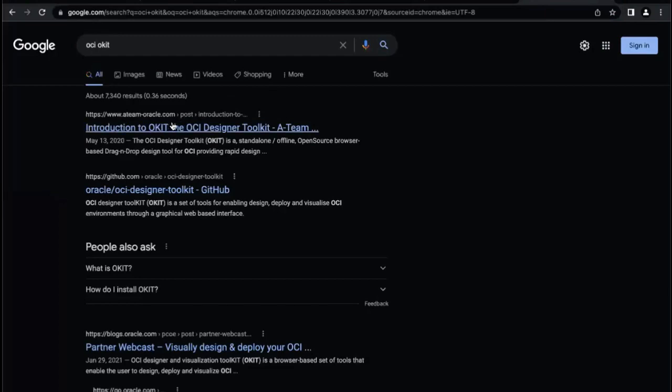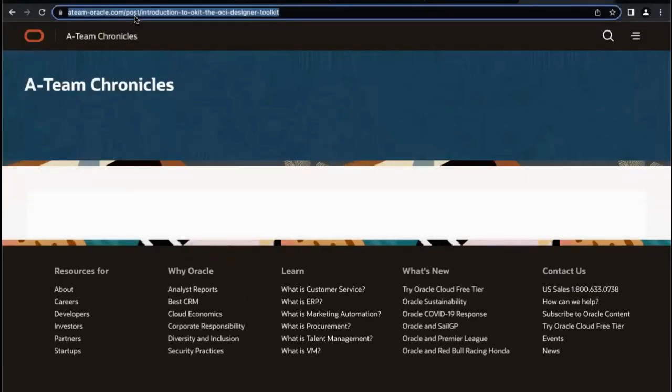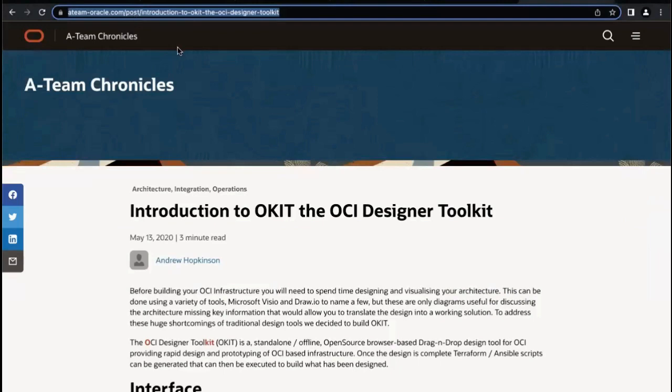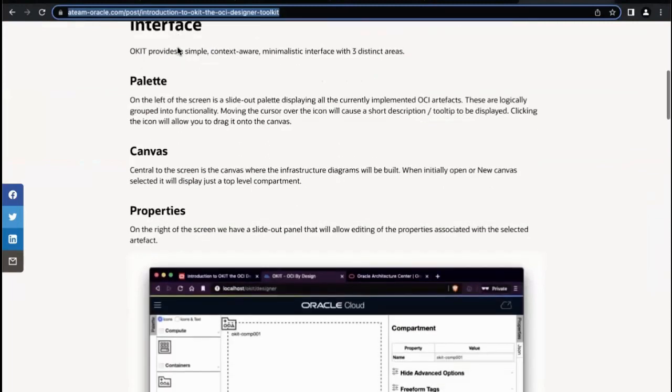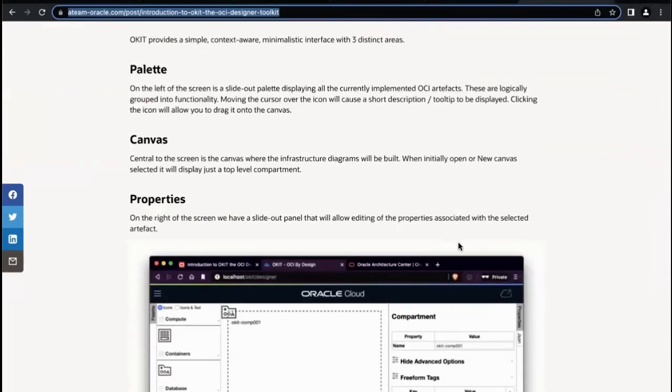So let me pull this up. This is an older link, but this is something that can help. It's very similar. Now, when you're looking for the core recommendations of what do I need to do, and what am I building out, that's something that would fall under a different category. But this is something you can use a design wizard to build out what you're trying to do, and then it creates a Terraform template.